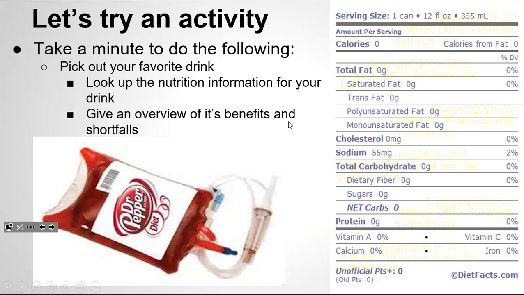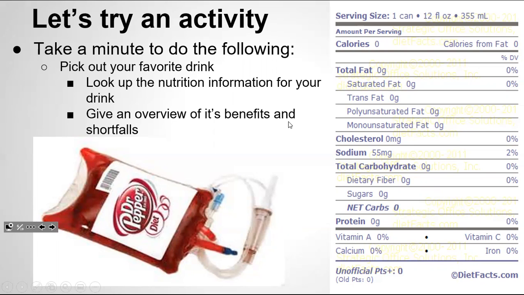I did Arizona peach tea. Calories 90, total fat 0 grams, saturated fat 0, trans fat 0, cholesterol 0, sodium 10 grams, total carbohydrates 24, sugar 24 grams, protein 0. I kind of did the same thing, like Arizona iced tea, just the green tea. 130 calories per 16-ounce serving. No fat, no sodium, 35 carbs, 34 grams added sugar, 120% day value vitamin C. Well, that's good. Silver lining there.